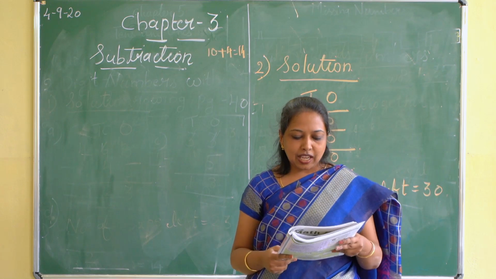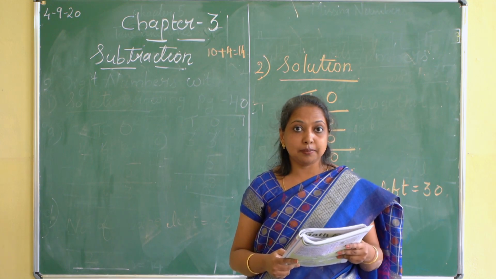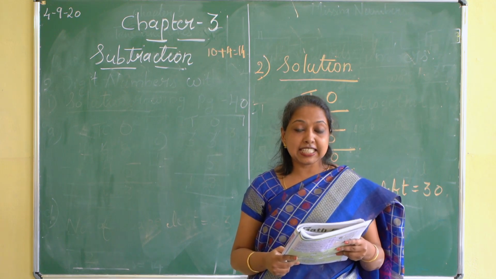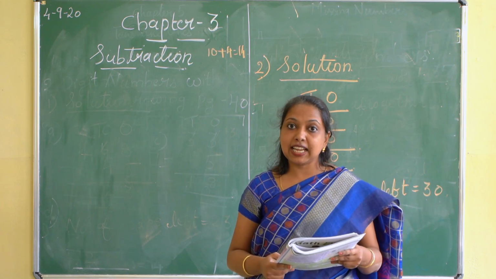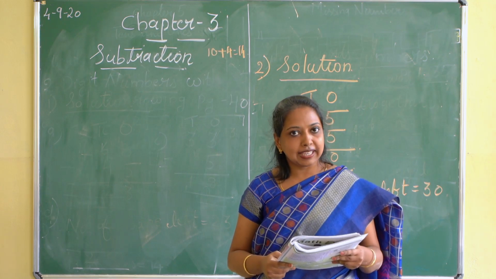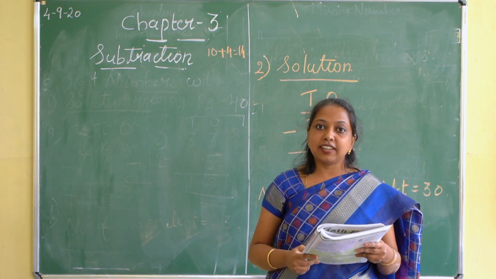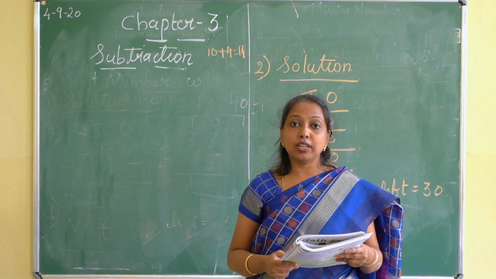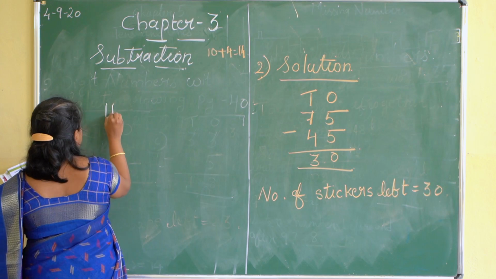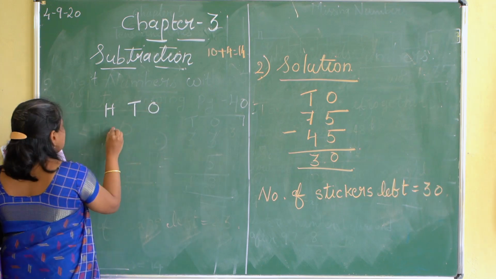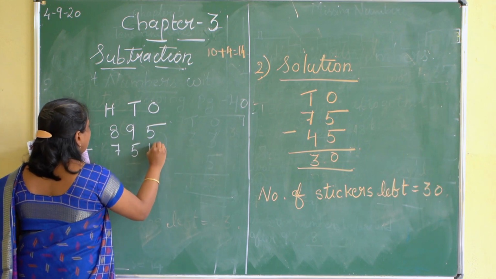Subtraction. And first of all, you have to write the statement of the question. For that, you have to find how many numbers are given in this question. Two numbers, 895 and 754. So, what is 895? Number of packets of crackers. It is equal to 895. Then second number 754, the number of sold packets. So, let's solve the question. First of all, you have to arrange according to the place value. 895 and 754.